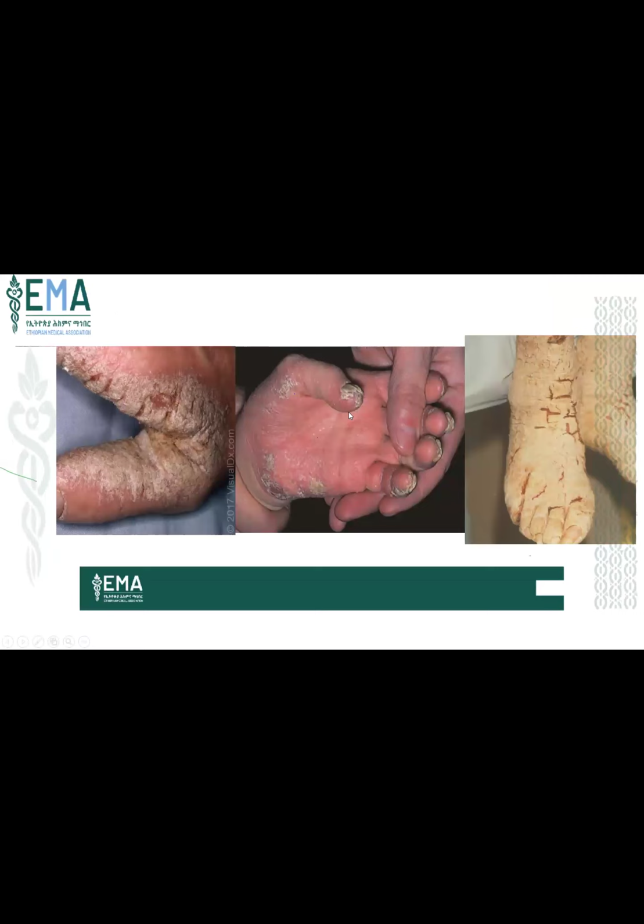So when we come to the diagnosis, normally in a clinical setting,